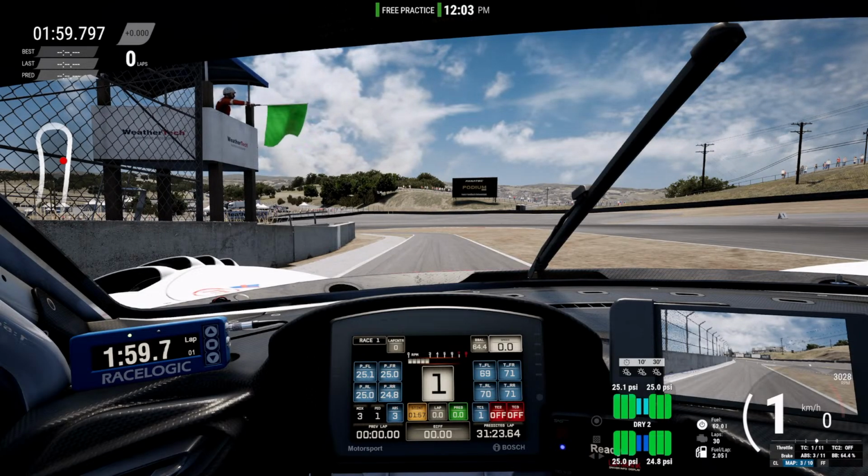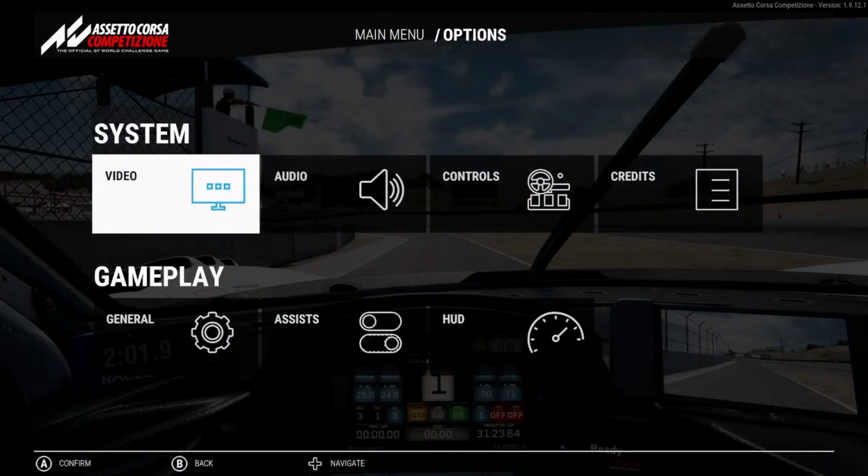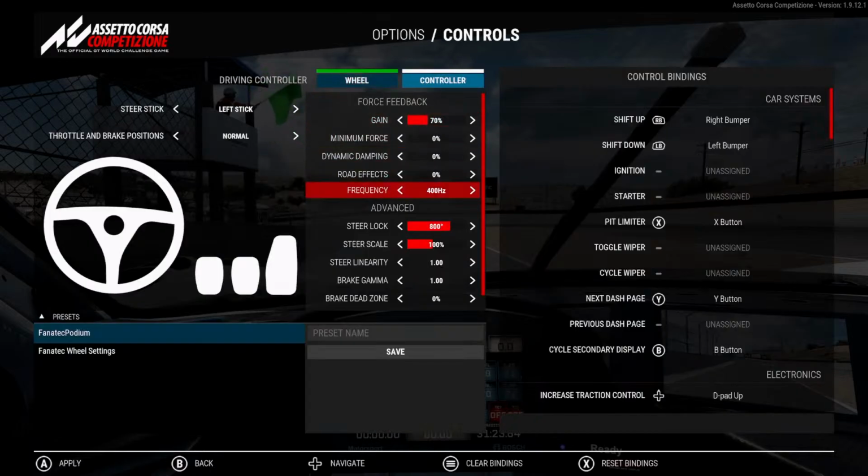Ferrari 296, 800 degrees on the steering lock. Okay, so I'm at 800.